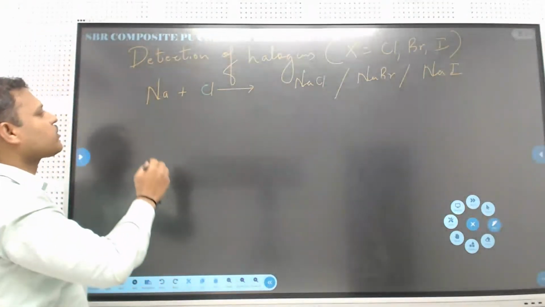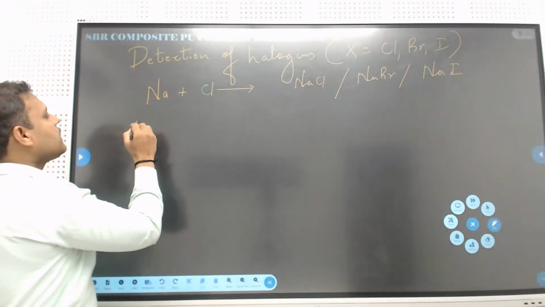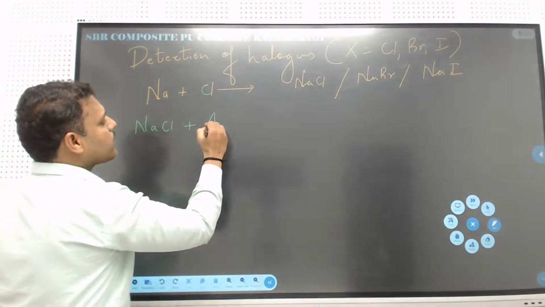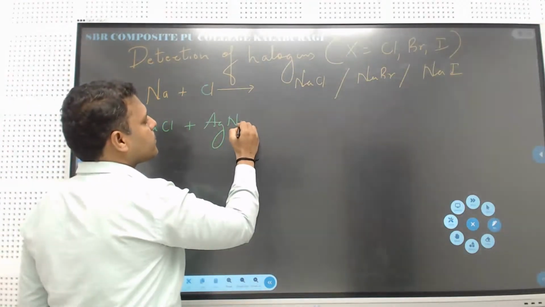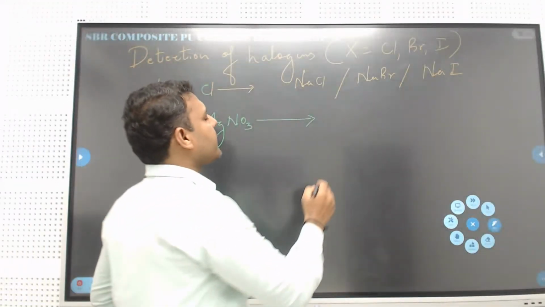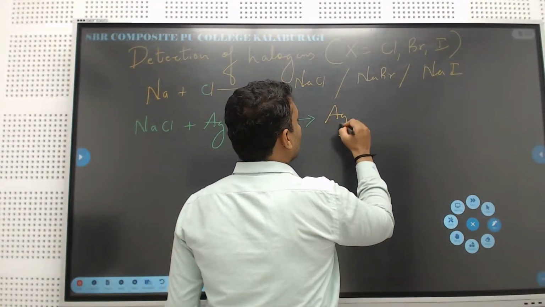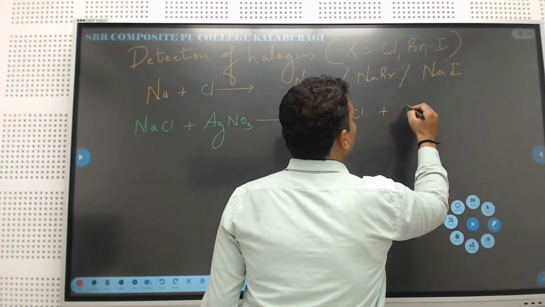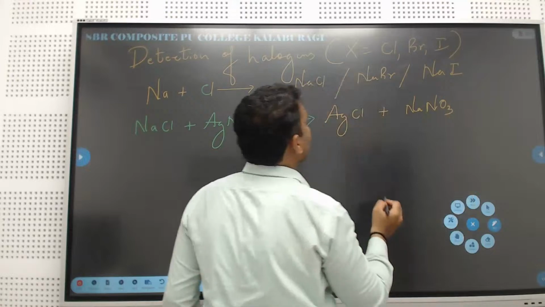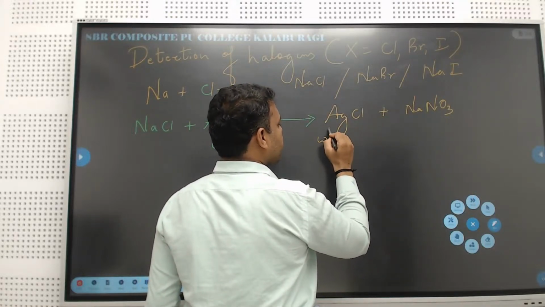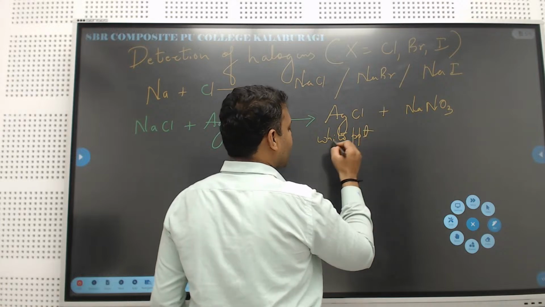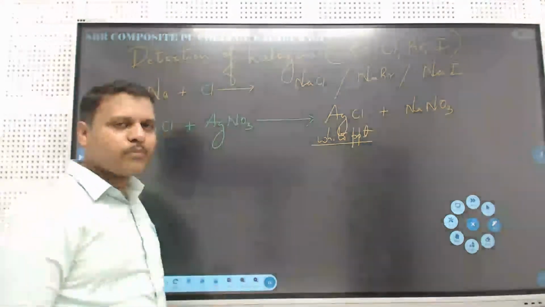For the fusion extract containing sodium chloride, NaCl, if we add AgNO3 silver nitrate solution, we get formation of AgCl along with the formation of NaNO3. When AgCl is formed, it is indicated by a precipitate, and that precipitate is a white precipitate